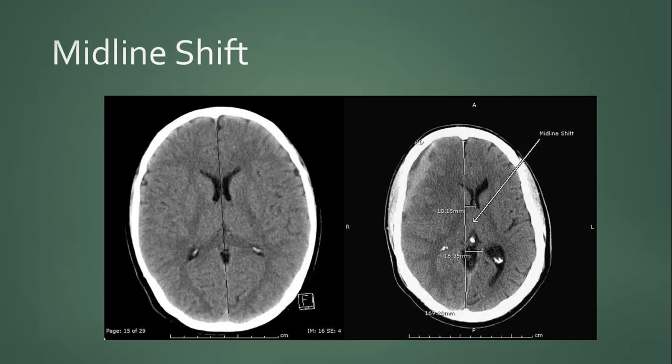So the midline shift. Midline is marked as a line drawn from the crista galli from the frontal bone to the internal occipital protuberance in the occipital bone. So this line can be drawn, and this is the midline. And if there is shift of the falx or the brain cerebral hemisphere from this midline, we call it the midline shift. There can be different ranges. It can be calculated in the millimeter, and more than 5 mm of midline shift is significant midline shift.